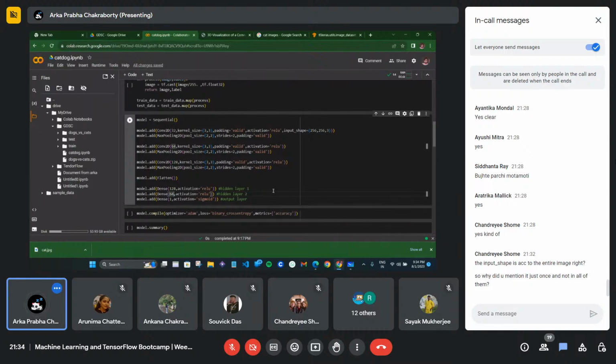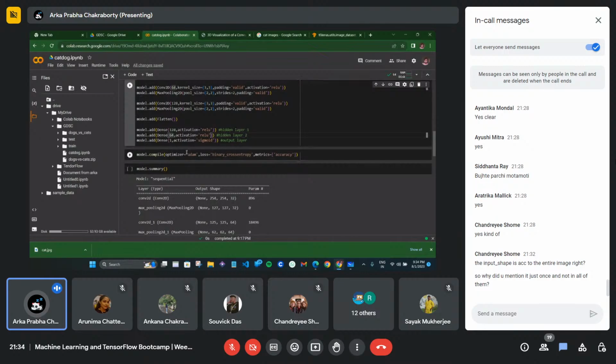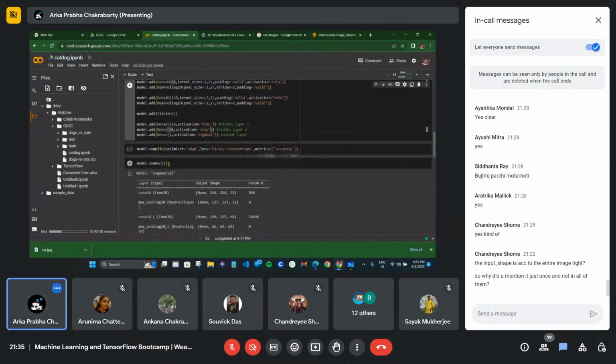Then we have to compile our model. Compile means that for training we have to build our model. Optimizer is used in back propagation for weight updation, and I discussed the optimizer also. If you go through my whole session and understand even 1% of it, then you will be able to understand these things also. I know neural networks and convolutional networks are very hard to understand, but yeah.